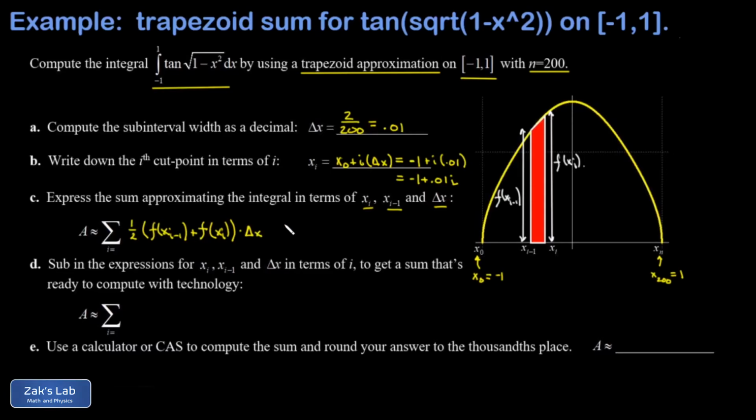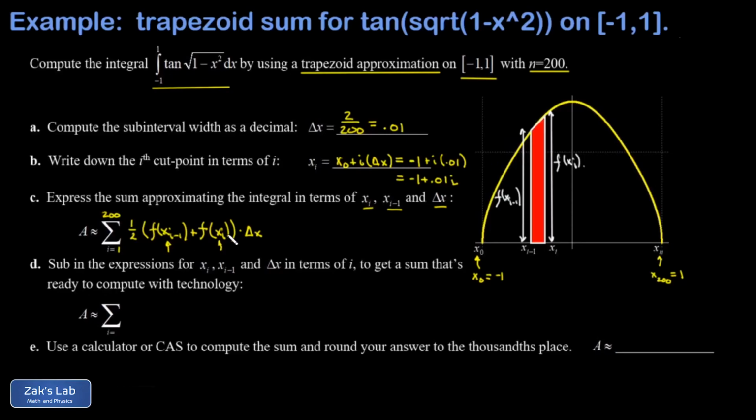And then we need to set the starting point and the ending point of our sum appropriately so that we start with the right first trapezoid and end with the correct last trapezoid. And starting at i equals 1 is what we want to do in this case, because that would start me out with f of x_0 for the height of the left side of the first trapezoid, f of x_1 for the height of the right side of the first trapezoid. And then if I run this all the way to 200, that's going to give me 200 trapezoids. And the last one will have a left height of f of x_199 and a right side height of